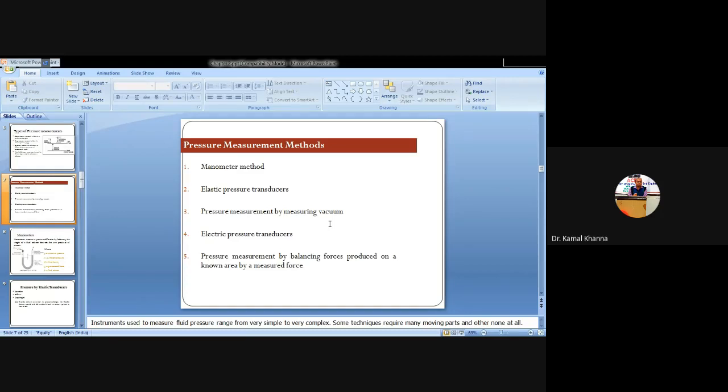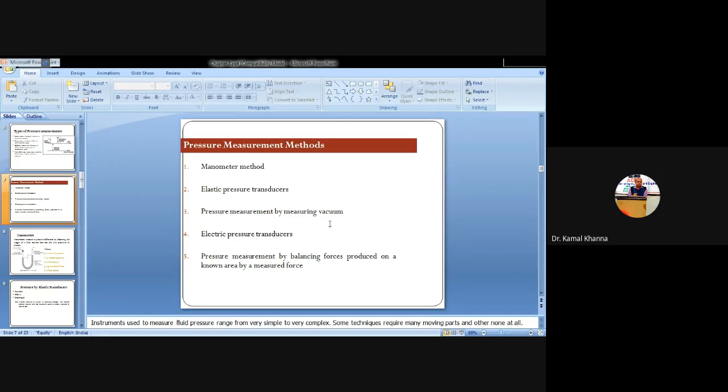And in the category of mechanical gauges, we will read the diaphragm pressure gauge, Bourdon tube pressure gauge, dead weight pressure gauge, and bellow pressure gauge. Whereas in the case of manometers, we will read simple manometers and differential manometers. So, what are manometers? Manometers are basically defined as the devices which are used for measuring the pressure at a point in a fluid by balancing the column of fluid by the same or another column of fluid. This is the definition of a manometer. You have to read it and you have to understand it.